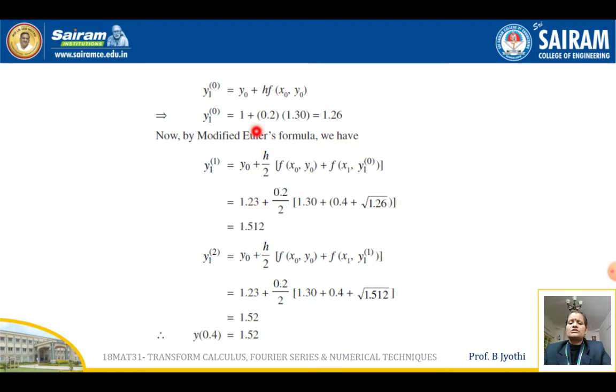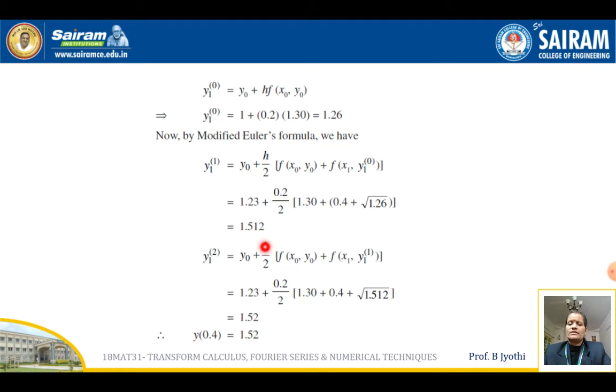So on substitution of y naught plus h f of x naught y naught, we get 1.26. Now let us apply the modified Euler's formula given by y naught plus h by 2 into f of x naught y naught plus f of x1 y1 of 0, where y1 of 0 is 1.26. So let us substitute all these values. We get